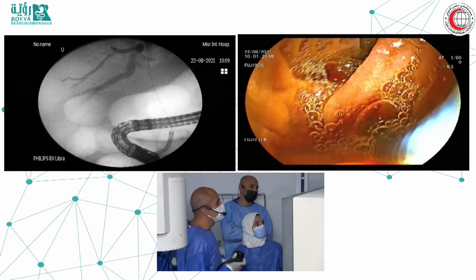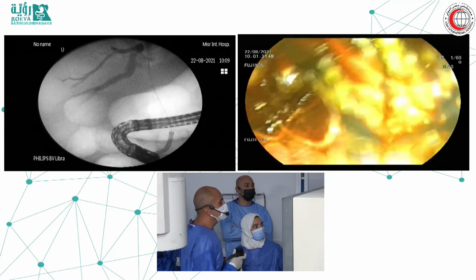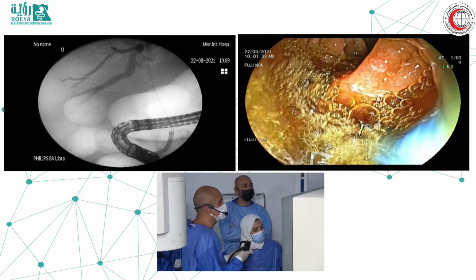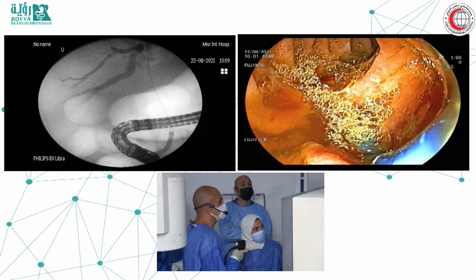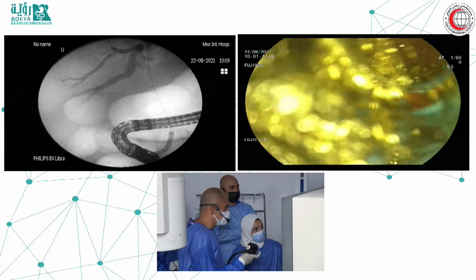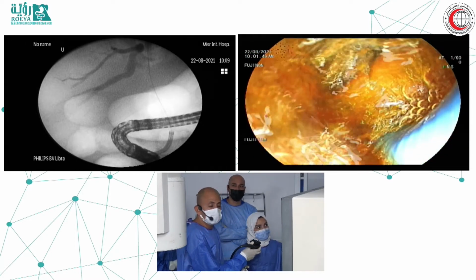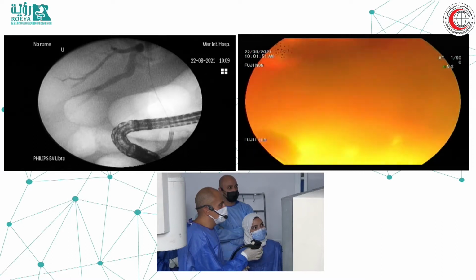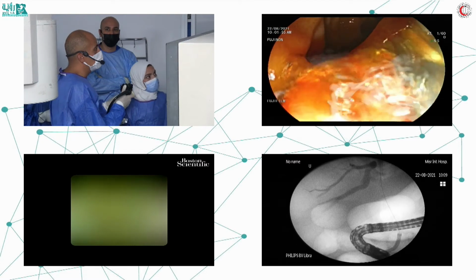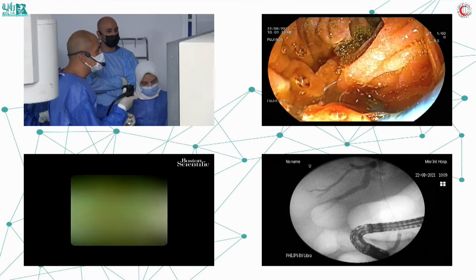Please, huh? So I have a little bit of difficulties here, and this is a very good example to show that it's not every time very easy. I think one of the problems is the stricture itself. So I'm trying to be very near to the papilla. Now I will aspirate a little bit, and sometimes there are a lot of tips that we can do. One of them is to use